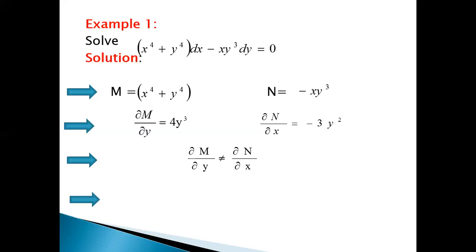So first we have to find the integrating factor. But which case do we have to apply? See, this is the main step. In our given differential equation, there are three terms: 1, 2, and 3. Here, the power of the first term is 4, since the power of x is 4. In the second term, the total power of y is 4. And in the third term, the power of x is 1 and the power of y is 3.